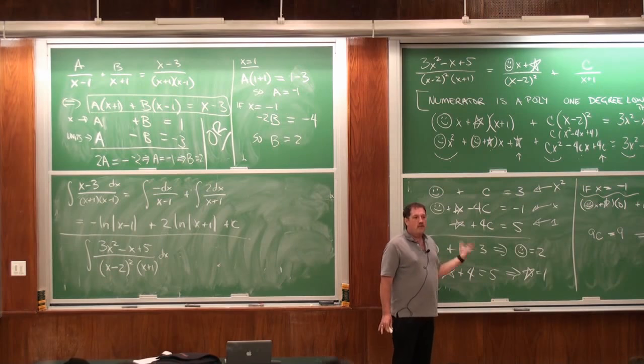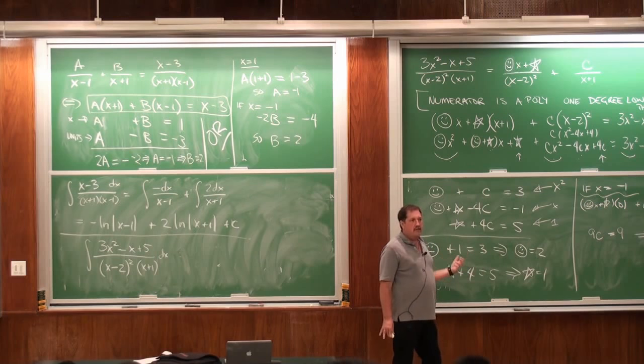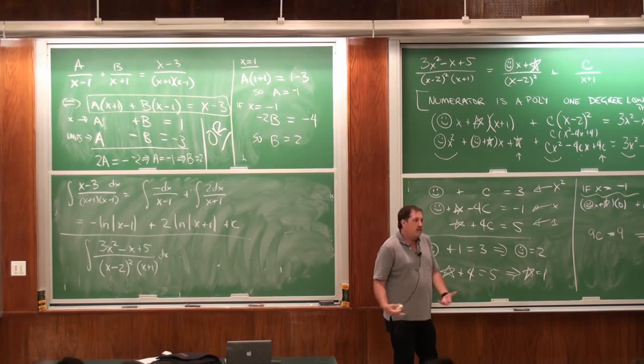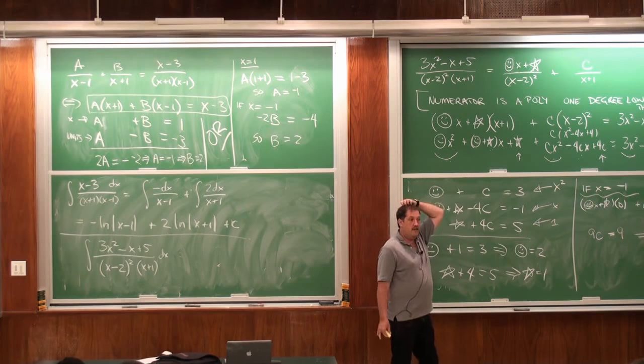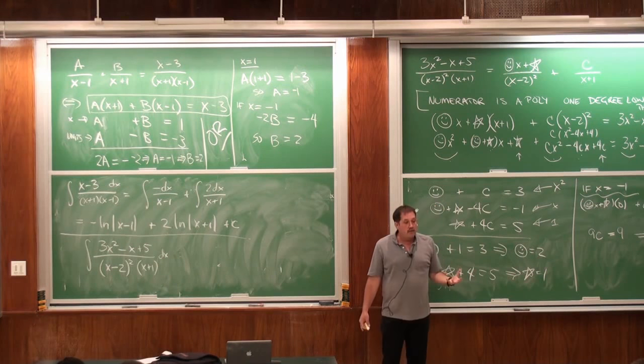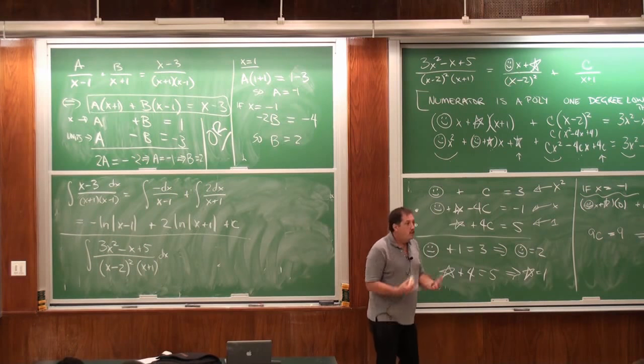So use whatever method works as long as it's legal. I'm mixing the two methods. They're the same method, so it doesn't matter. This all comes down to the fact that if two polynomials are equal, they have to be equal at every x value, and their coefficients have to be equal. If two things are equal, they have to be the same, so I can use their various aspects to identify them. If you're trying to identify your mother, you can listen for her voice or you can look at her face. They're both ways of identifying who your mother is.